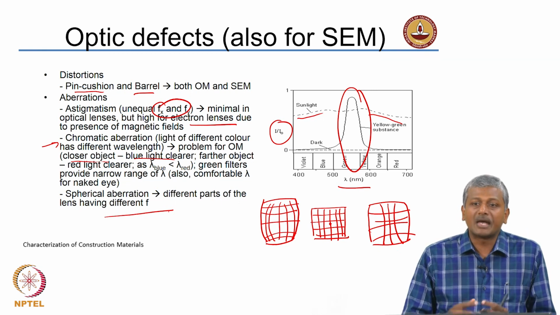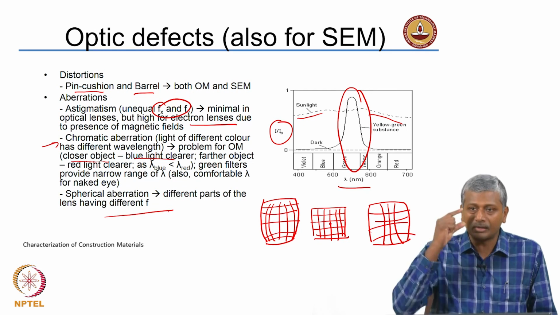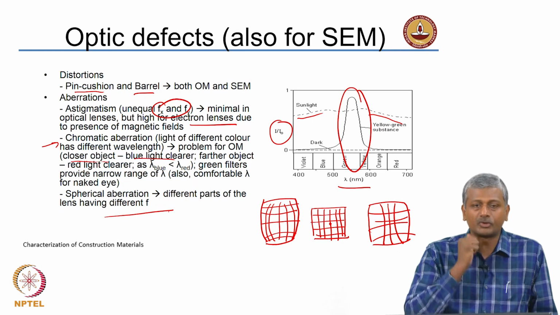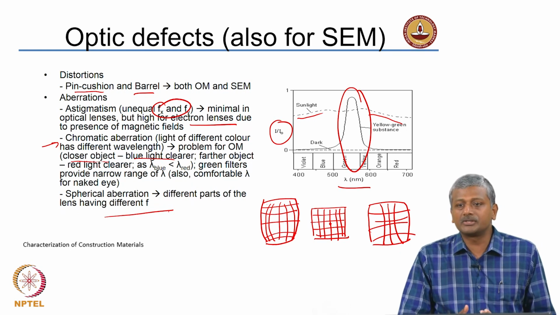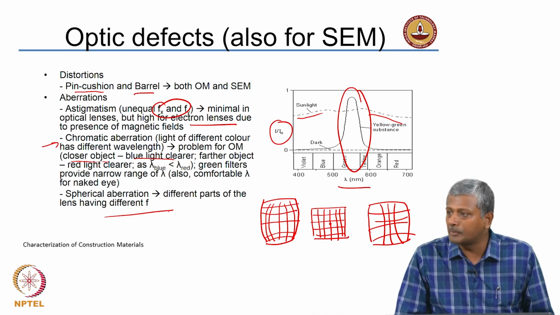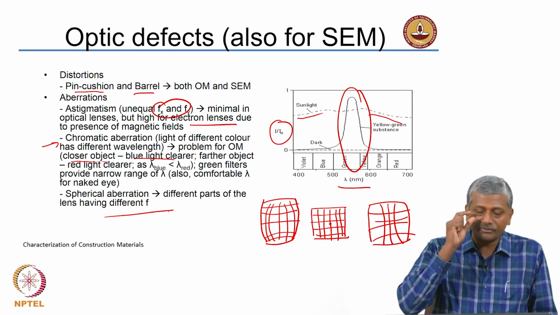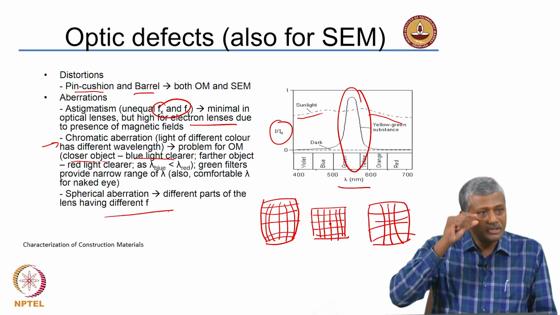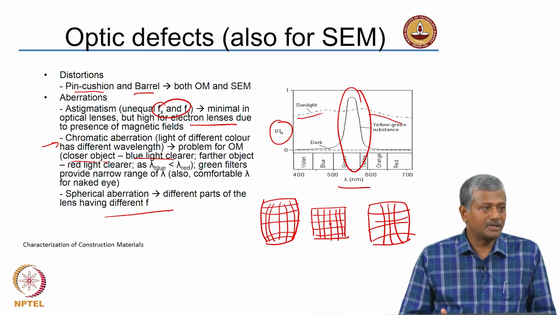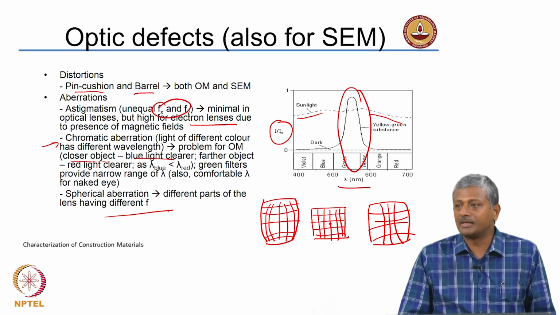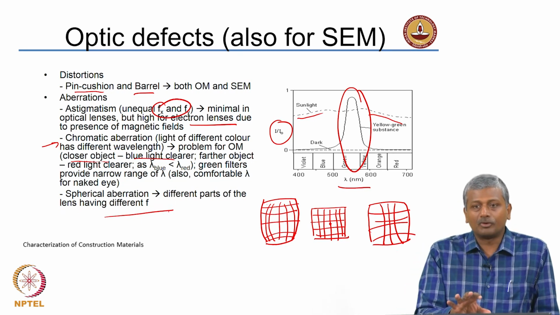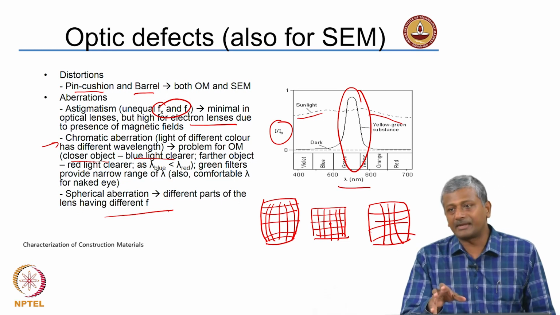So, what you have to do is add another lens to it. For example, you wear a glass, you are basically adding one more lens to your eyes, and that helps you actually focus much better. Okay. So, spherical corrections, we know that we do it for short sightedness or long sightedness, myopia or hypermetropia, right. All that is because of the fact that the shape or curvature of the eye in the spherical sense is not perfect, and that is the reason for differences in the way that we focus on certain objects. Okay. So, these defects could be there for optical microscopy as well as scanning electron microscopy.